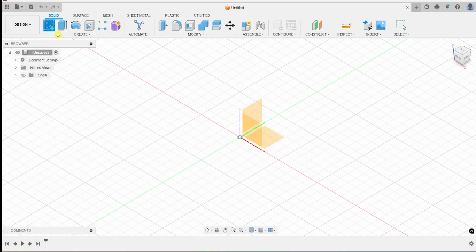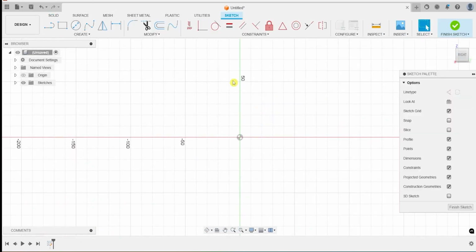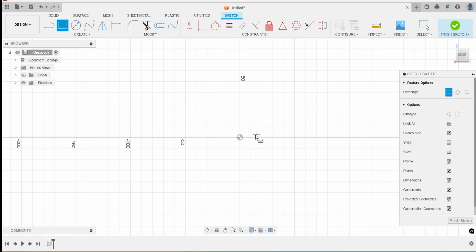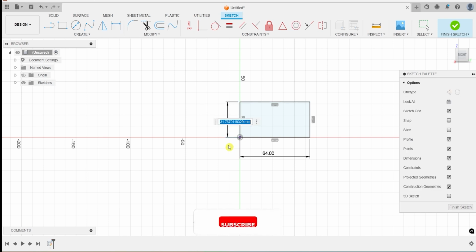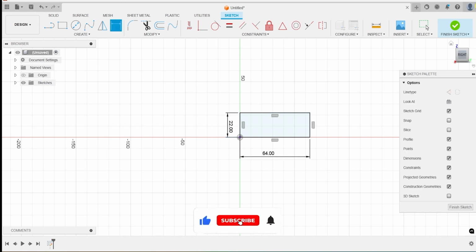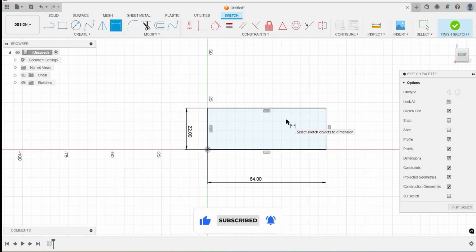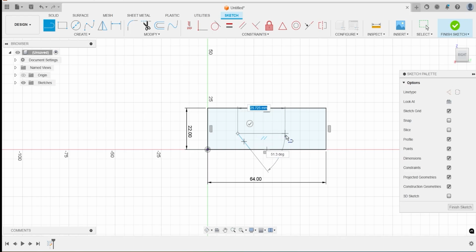Select create sketch, profile plane. Now I am going to create the first rectangle of a dimension 64 and vertical distance 22. Select line, right? Roughly I am going to draw the cutout here. Give all dimensions